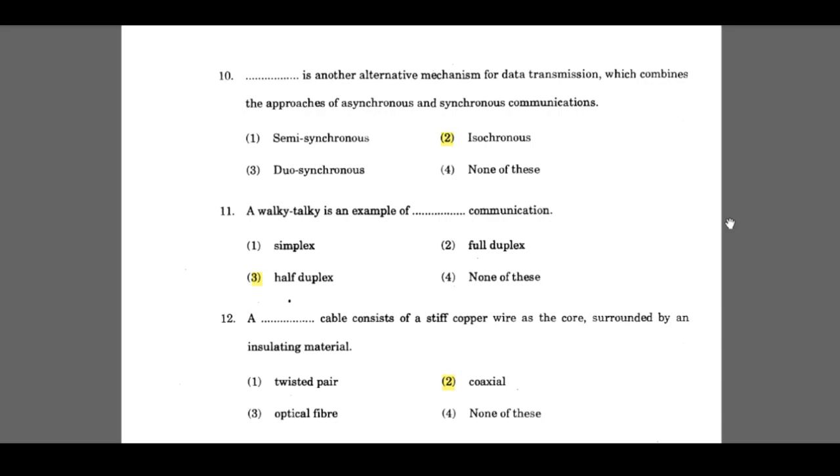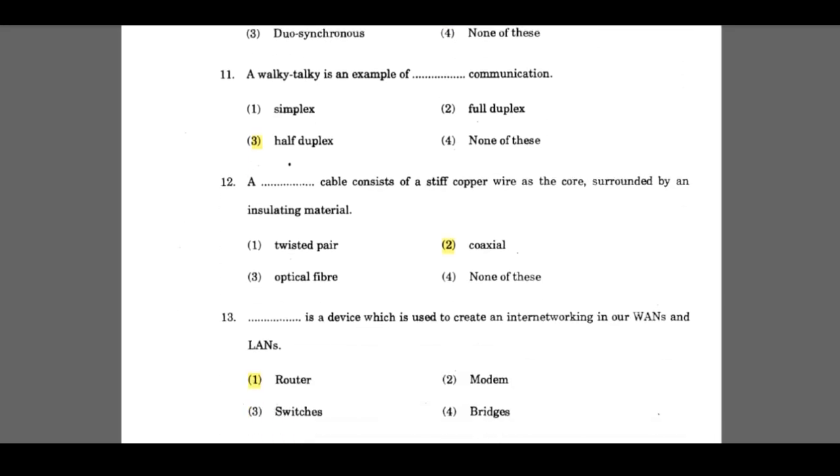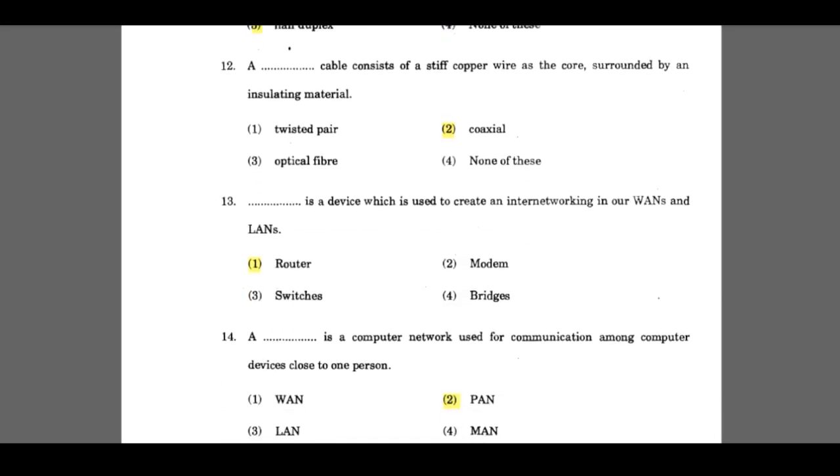Isochronous. 11. A walkie-talkie is an example of dash communication. Half duplex. 12. A dash cable consists of a stiff copper wire as the core surrounded by an insulating material.